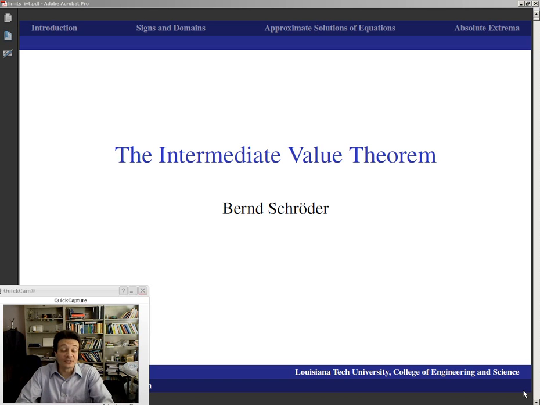Well, as promised, now that we're familiar with continuous functions, let's take a look at one of the important properties of continuous functions, which is encoded in the intermediate value theorem. This is one of those instances where we could also say that here's one of the very good reasons why mathematicians like to work abstractly, because the intermediate value theorem is a property that people had observed for polynomials and